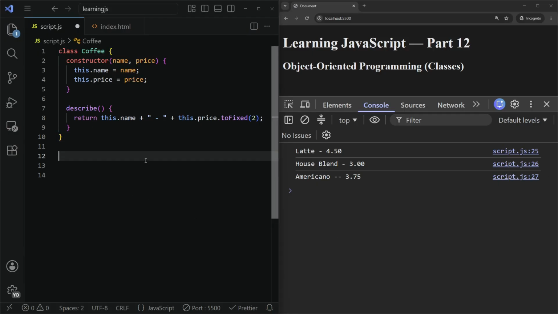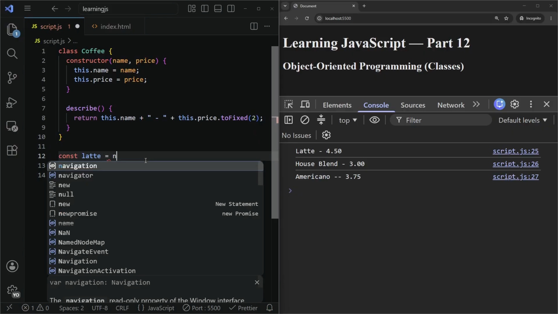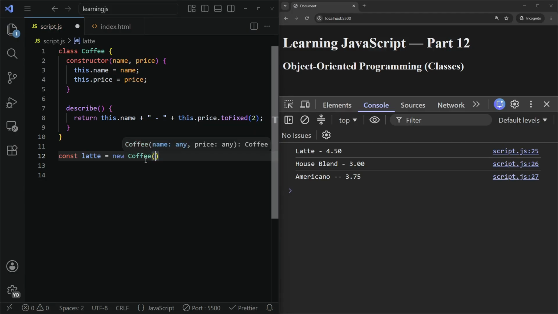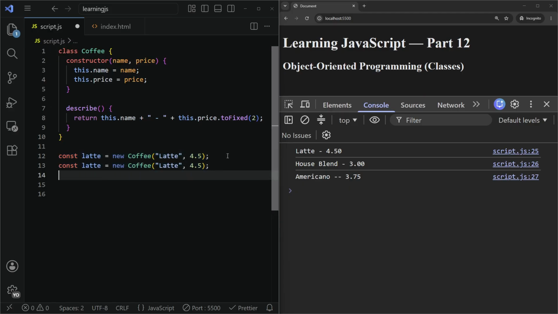So this is when new coffee, and then latte, 4.5, and then yes, I know, copy pasting, but no, does not work. All right,